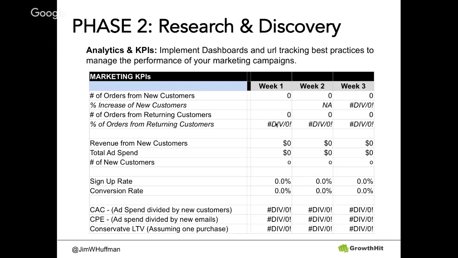And then your actual conversion rate for people coming to your site and purchasing something, again, this is kind of a general ballpark number, but if you're selling products between $30 to $300, if you can have that over 2%, you're in a really good place. And so understanding these key metrics, conversion rate, sign-up rate, how much it costs to acquire an email or to get a new customer, then you as a marketer can be really powerful in gauging how well your marketing campaigns are performing and what you need to change.